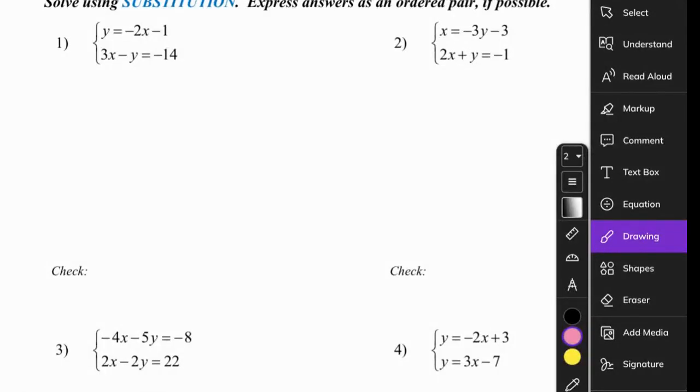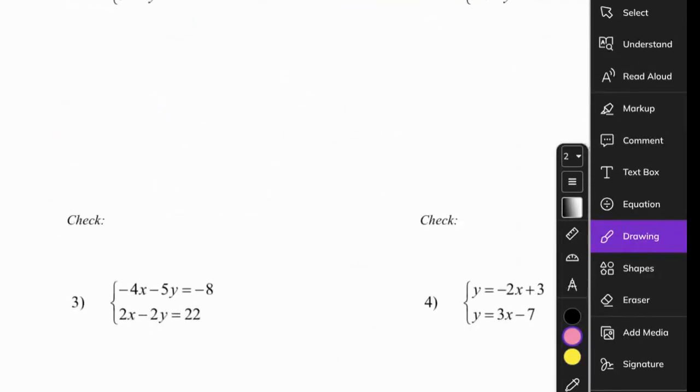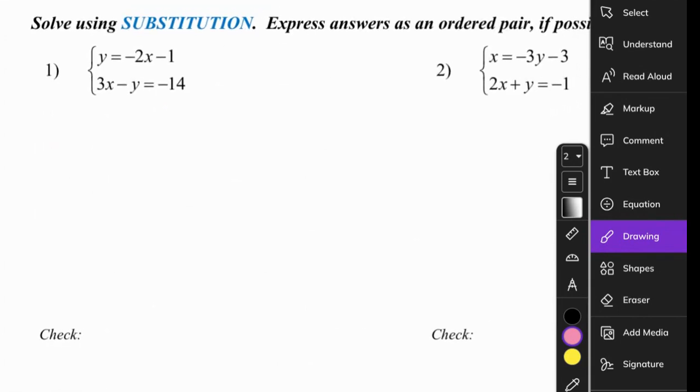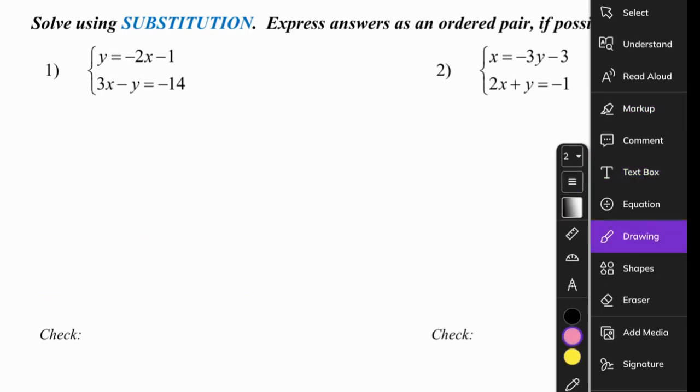Hello everybody, today I'll be teaching how to do substitution and elimination to solve a linear equation or a system. So how this works is you usually have two equations. As you can see, they have equal signs, and then they have two variables. So we see an x and y, but they can be other variables such as a and b or r and s or t and u. It doesn't matter which variable it is, but all that's important is that there's a system